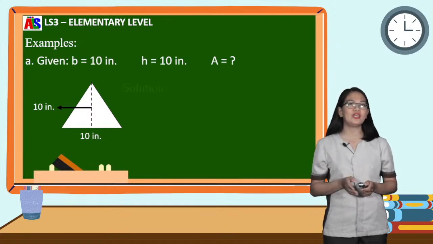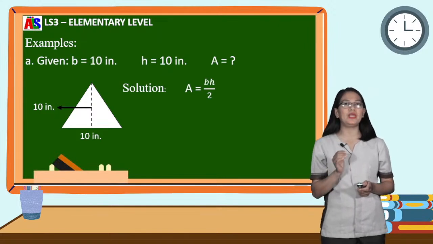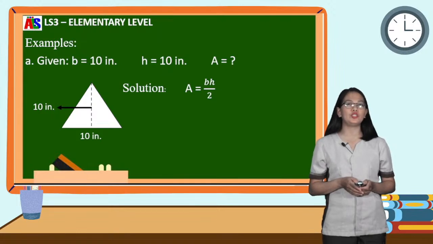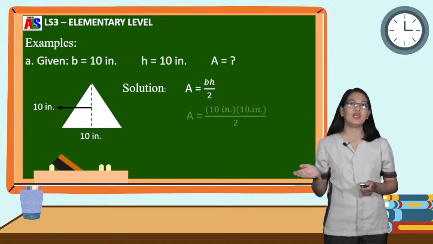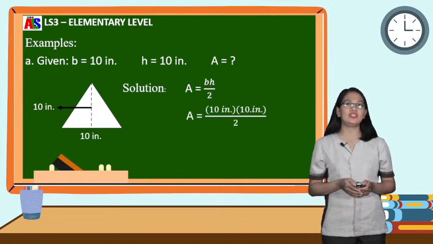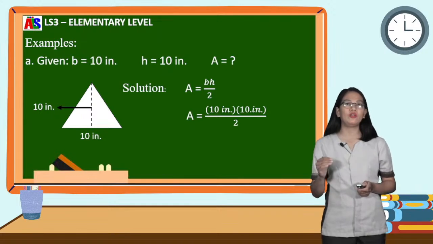The first step is of course to write the formula, which is A is equal to bh all over 2. Next to that is of course to use the substitution method. Simply substitute all the given values. A is unknown, b is 10 inches, multiply that by the height, which is 10 inches, all over the denominator